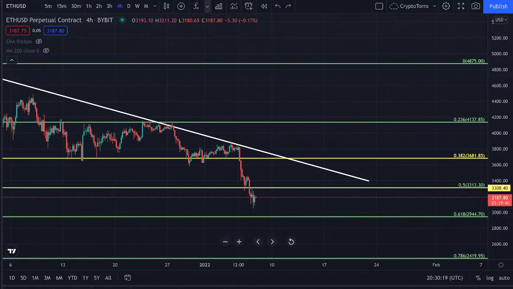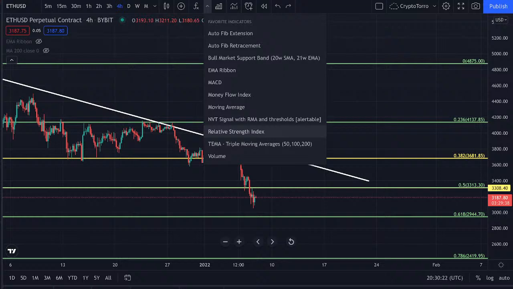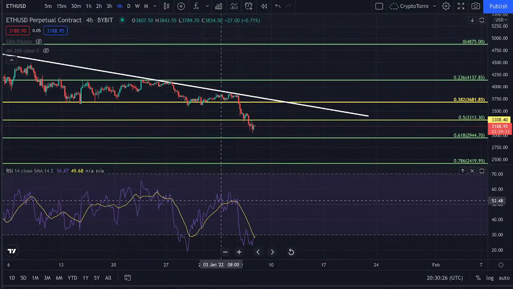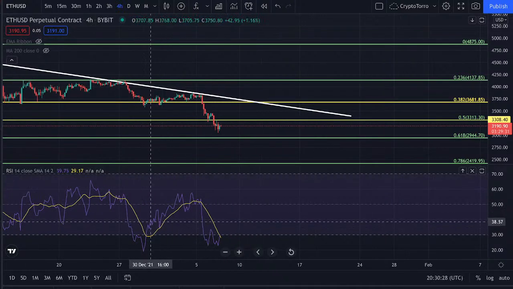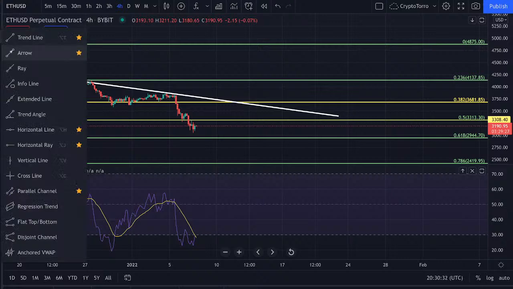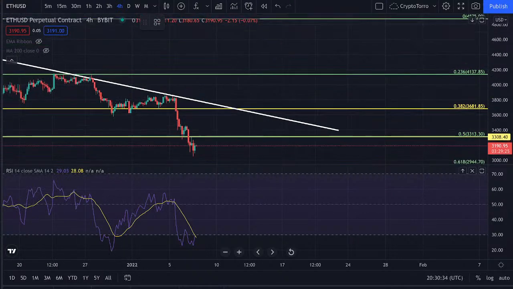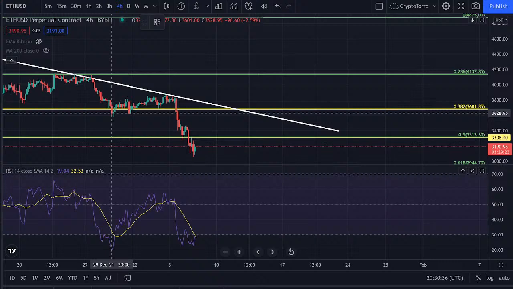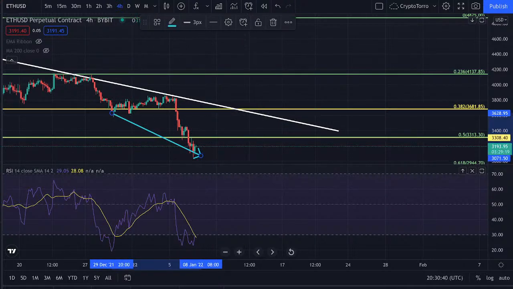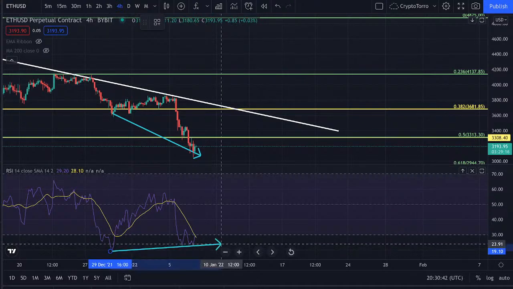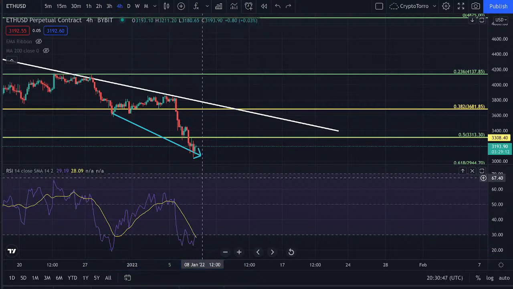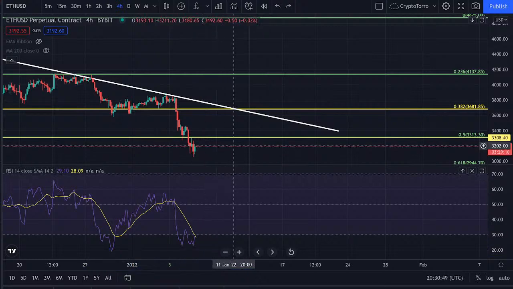Also, the MACDs look very good on all three timeframes: 4 hourly, daily, and weekly. On the 4 hourly time frame, what you can see right away is that we are also experiencing a bullish divergence on the RSI. Why is this the case? It's because we are clearly seeing a lower low on the chart, but we are also experiencing a higher low on the RSI, meaning that we are going to hold strong on top of the price action where we are currently trading at